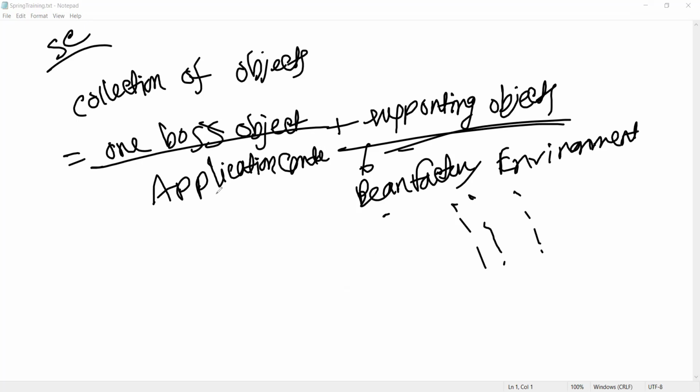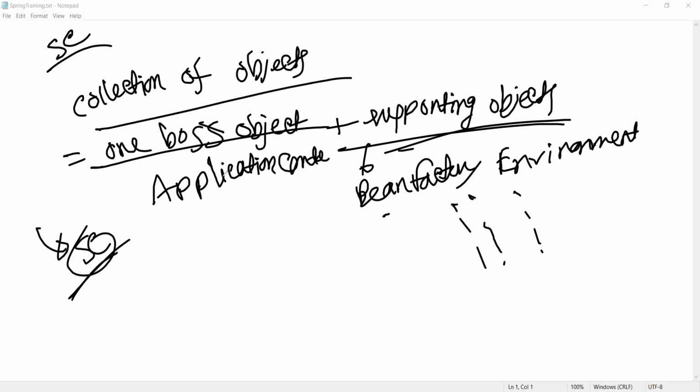So if anyone asks you what Spring container means, you can say it means some classes or objects like application context, bean factory, and environment. Technically, application context is the one boss. Simply, Spring container means a collection of objects with one main boss object.